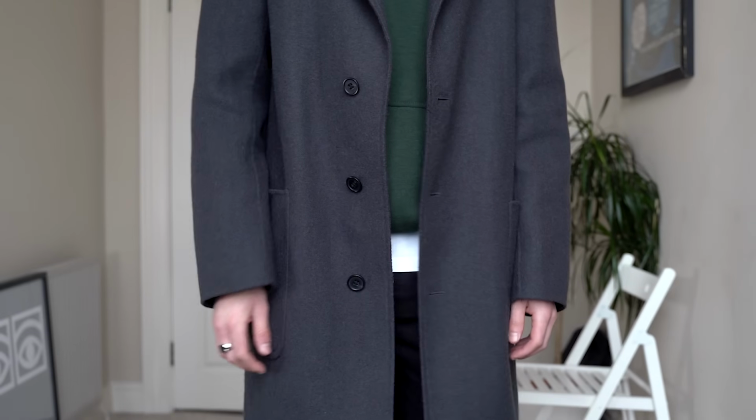Some of my favourite overcoats that I own are from Uniqlo, although they haven't brought any out this year that have caught my attention. There's still time though, and they normally bring some out around this time of the year, so keep your eyes open. But I'm really not sure what's going on with the JW Anderson and Uniqlo drop. They've normally dropped the autumn-winter collection by now. They did last year anyway, so I don't know why it's taking so long, but I always find a good